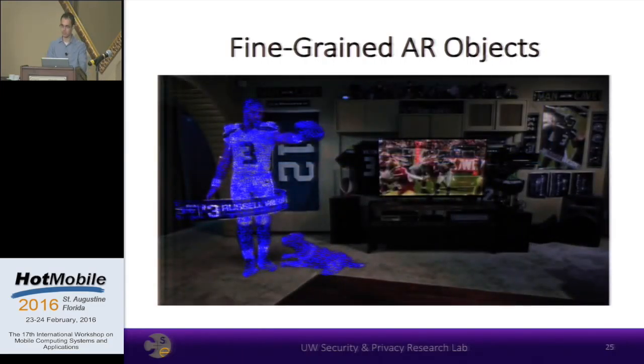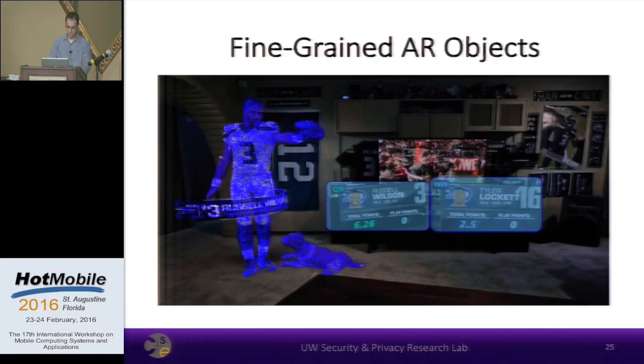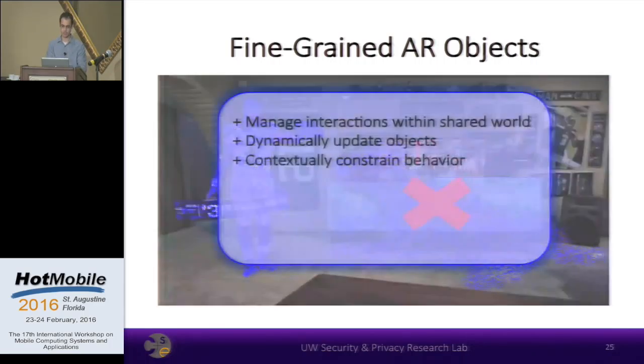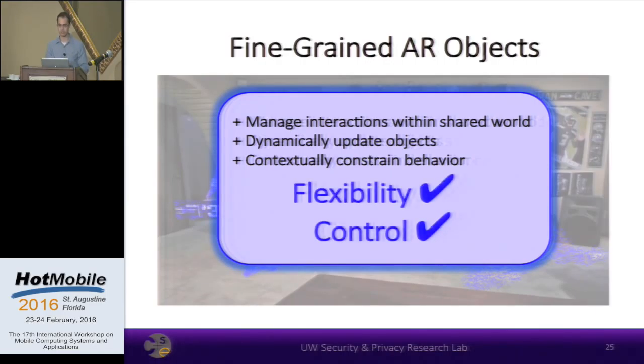Additionally, this model allows the OS to constrain visual outputs at the granularity of individual AR objects. For example, a user running several apps may wish for a virtual pet to move about his or her room, and also for football statistics to be overlaid on his or her TV while watching a game. But perhaps the user may not wish for the virtual pet to occlude the TV. In essence, the AR object model allows the OS to contextually constrain behavior at the object level while simultaneously allowing rich application behaviors, achieving both flexibility and control over virtual content.